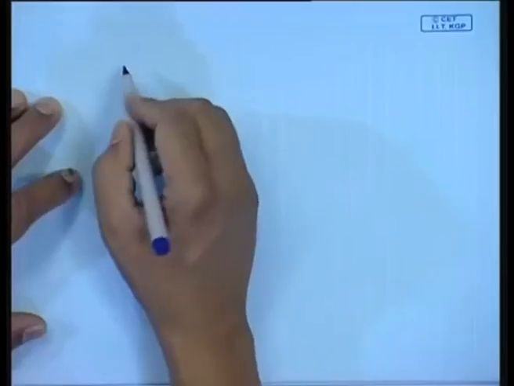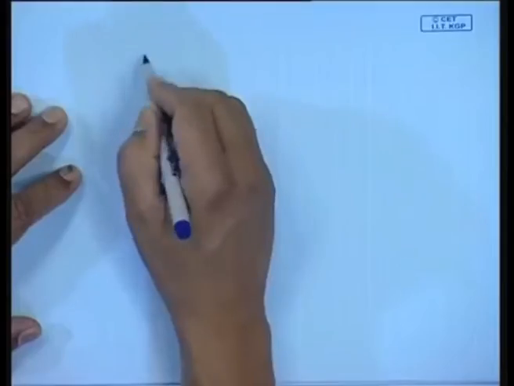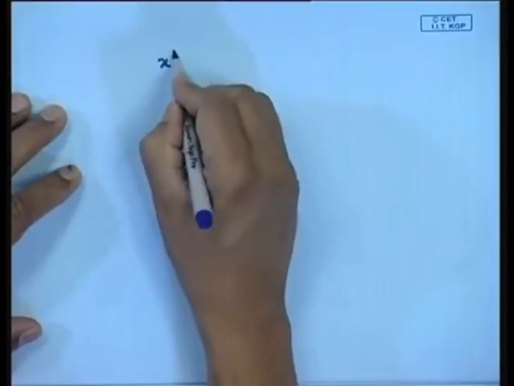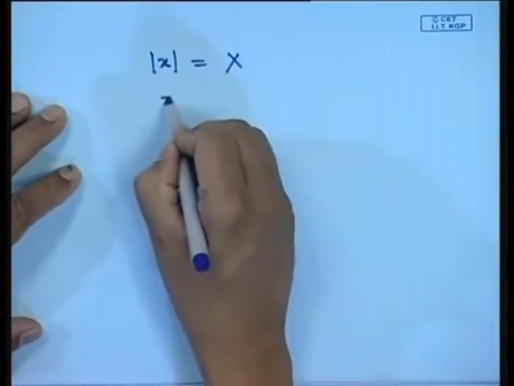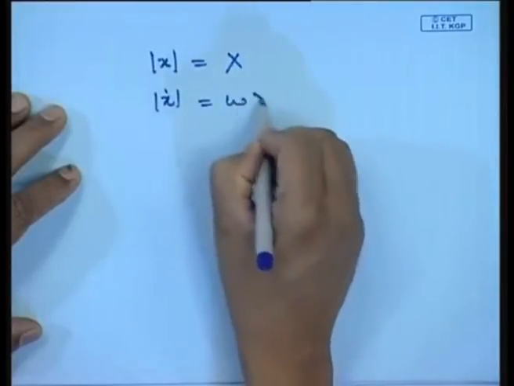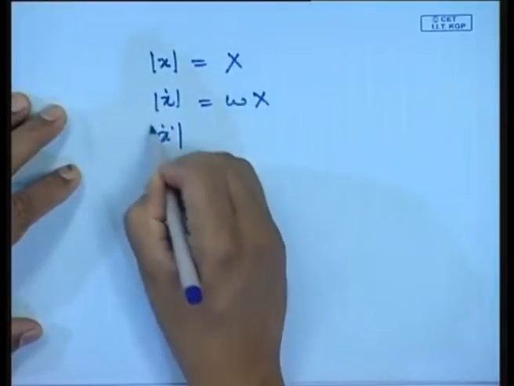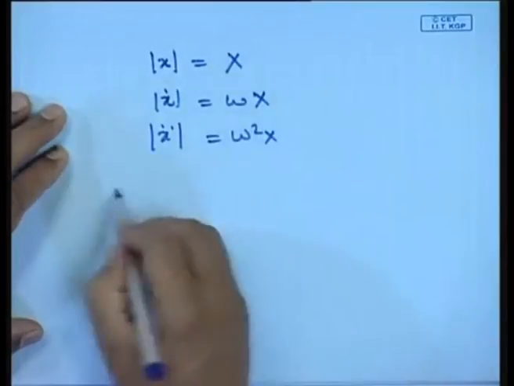Another important relationship, which I had mentioned, is something people always ask. In fact, I get asked this question every time I teach a short course: what parameter of vibration should we measure? Is it displacement, is it velocity, is it acceleration? Well, to answer this question, if I look at x, it is capital X, the magnitude of the displacement, the magnitude of the velocity is omega X, and the magnitude of acceleration is omega square X, where omega is the